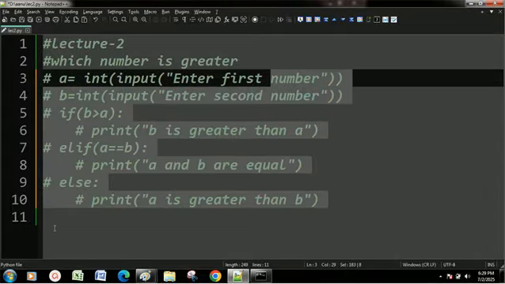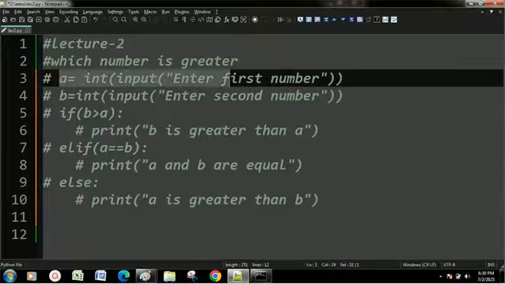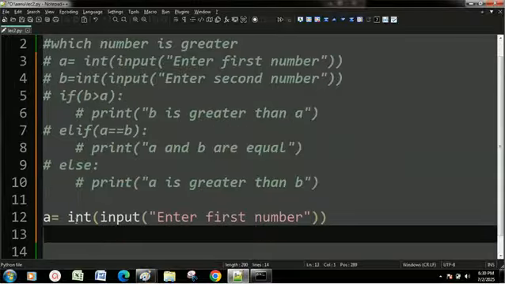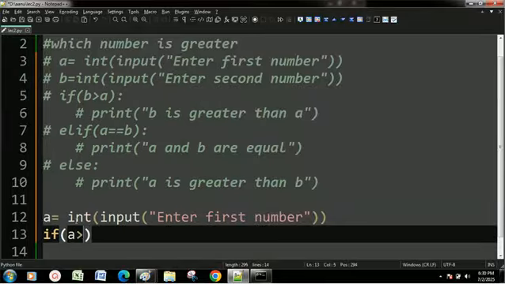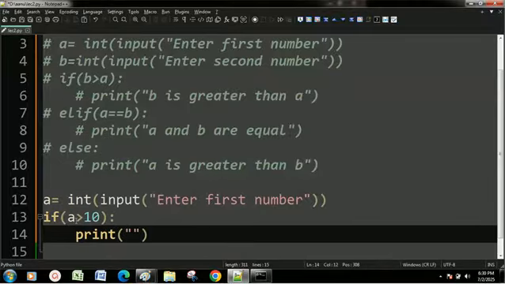Alright, so let's see another program, that is to check if the number is less than 10 or between 10 or 20 or greater than 20. So for it, we'll again input one number, let it be a. Then we will put the condition if a is greater than 10. Then it will print above 10